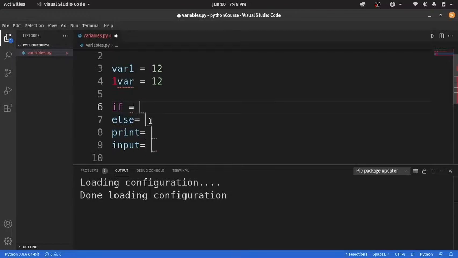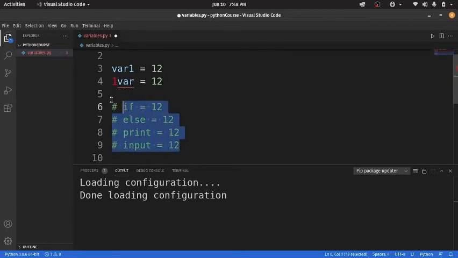You cannot use these, and all of these will show an error because they are pre-defined keywords. Okay, let's also comment it out.